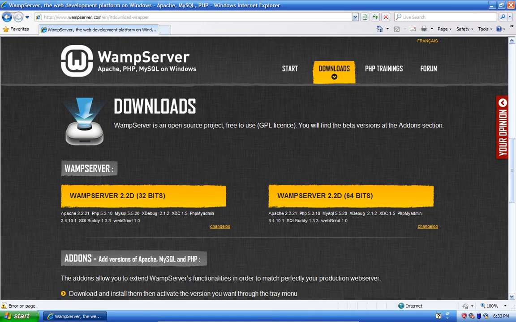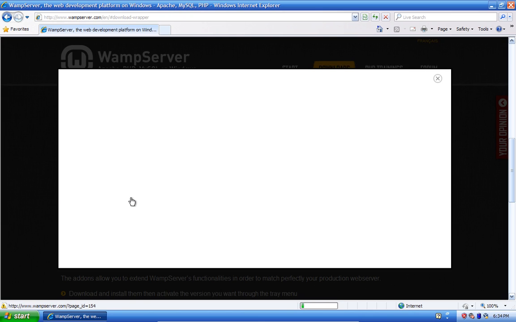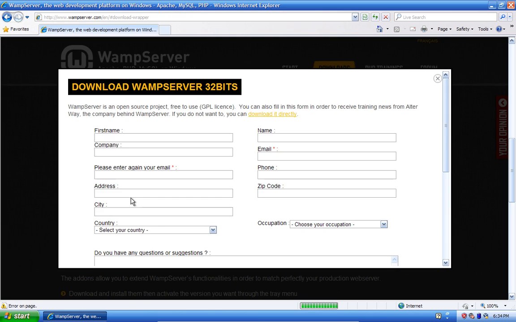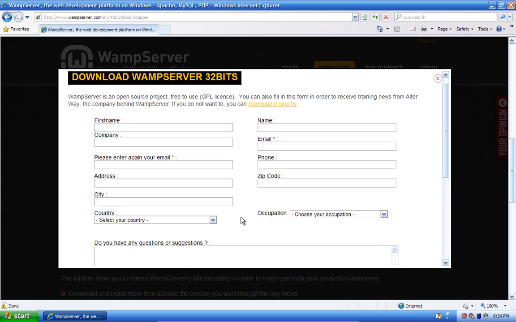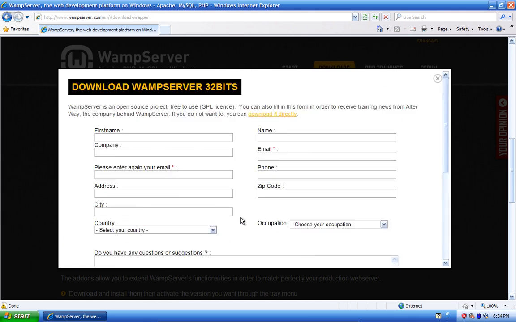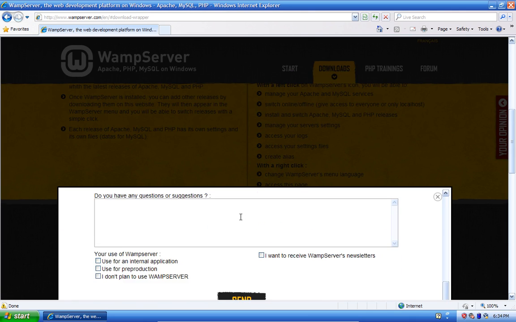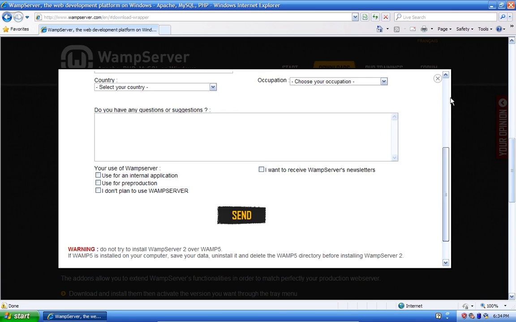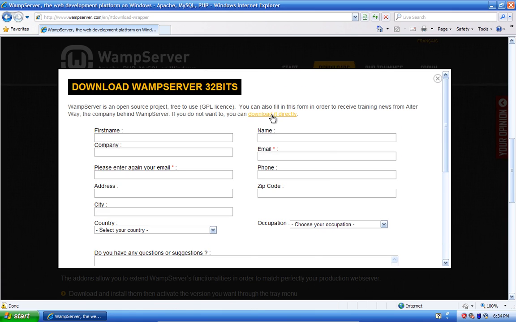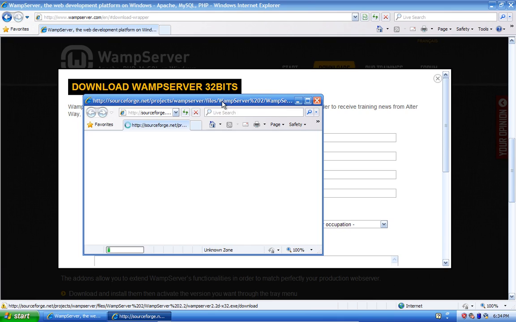And over here at the bottom, it's telling us the versions of these products: Apache, MySQL, and of course PHP. If I click on this option, a form will appear, and it requires us to fill it, but we can also skip it. If you do intend to fill this form, it will be for the benefit of these people, but I can click over here, download it directly, open it up,